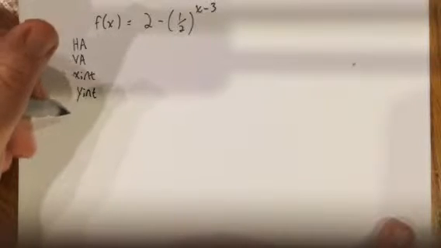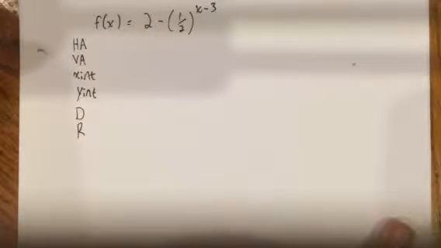Okay, so let's see if we can graph this one. And we're going to try to find a bunch of stuff. We're going to try to find the horizontal asymptote, vertical asymptote, x-intercept, y-intercept, domain, and range. And it's an exponential. We've graphed a few exponentials. We know the base graph